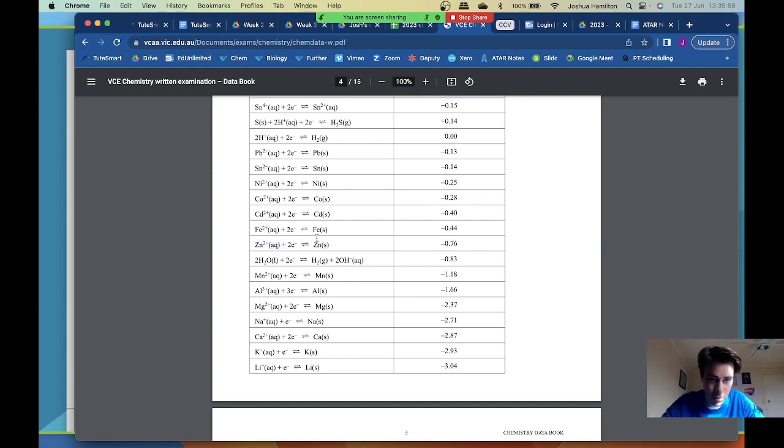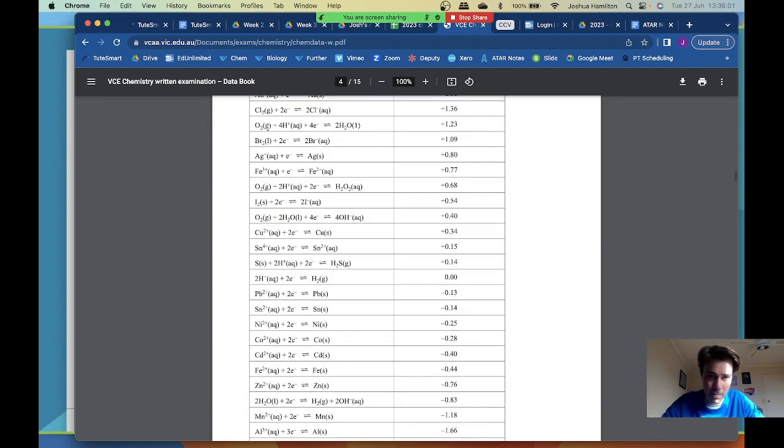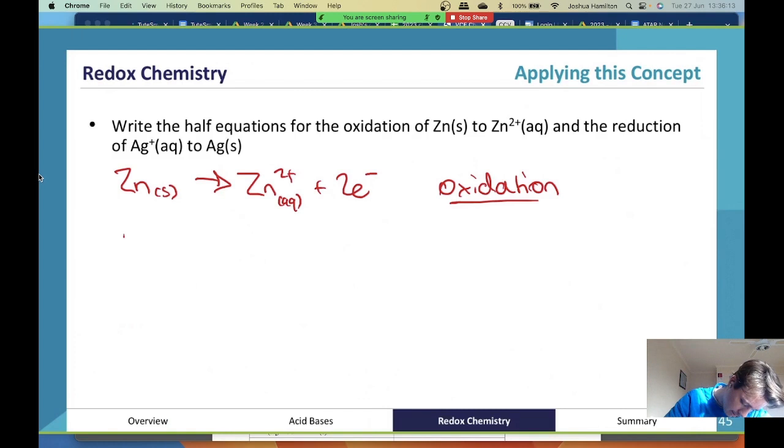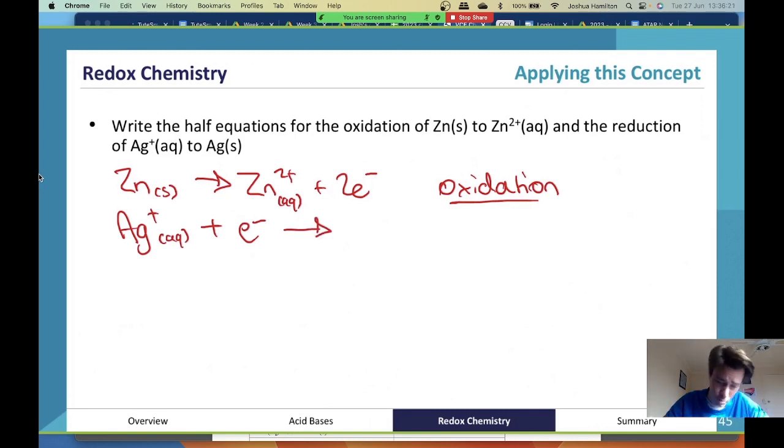The other one we were working with was Ag. Ag is up here at the top. Ag is just here, so I just need to copy that down. Because this one is actually going from Ag+ to Ag solid, unlike the last one, this one I can just copy straight out of the book. So it goes Ag+ aqueous plus e- (electrons don't have a state, really important, so don't put a state with them) goes to Ag solid, and that was oxidation, so this is going to be